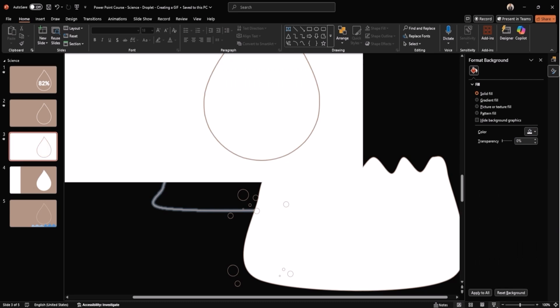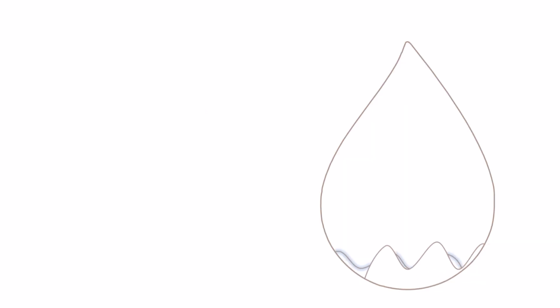Let's play the slide and see how it looks. Whoops! Looks like one of my cool glow effects from the background wave is still there.